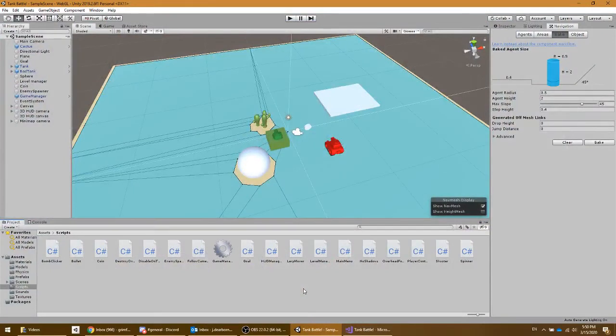Hey, in this video we will be using the NavMeshAgent in order to tell an object where to go. It's going to find its own way using what we set up in the last video, a NavMesh. So I'm in Unity and you can see that I have this blue NavMesh, which is the walkable area for my AI NavMeshAgent. And I want to set it up so that this red guy, this bad tank, is going